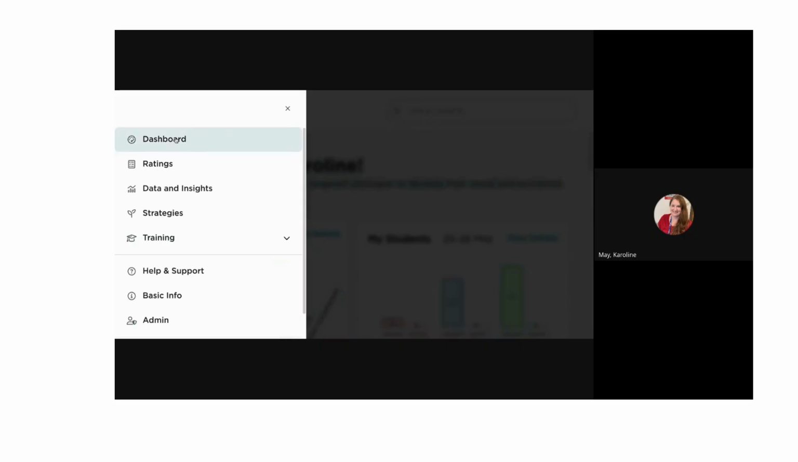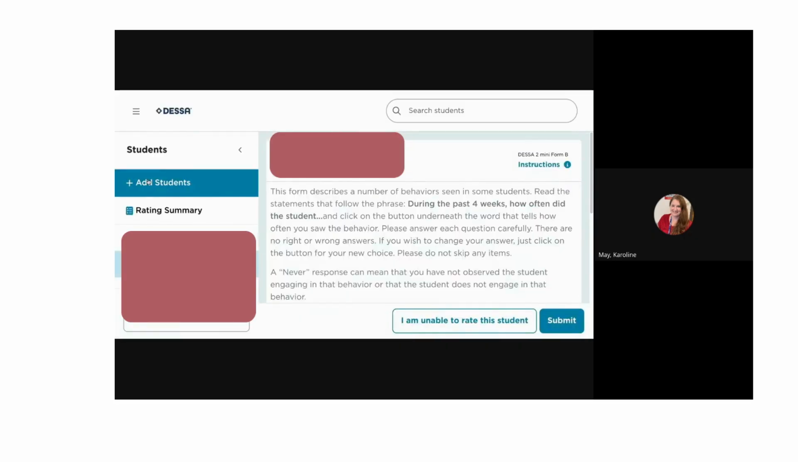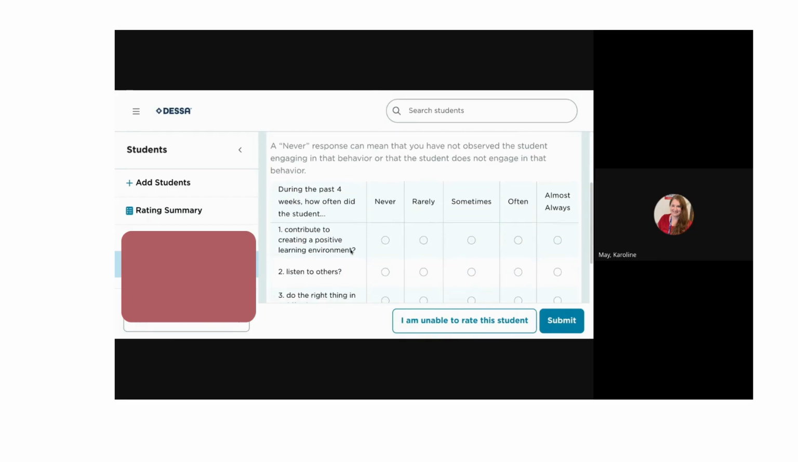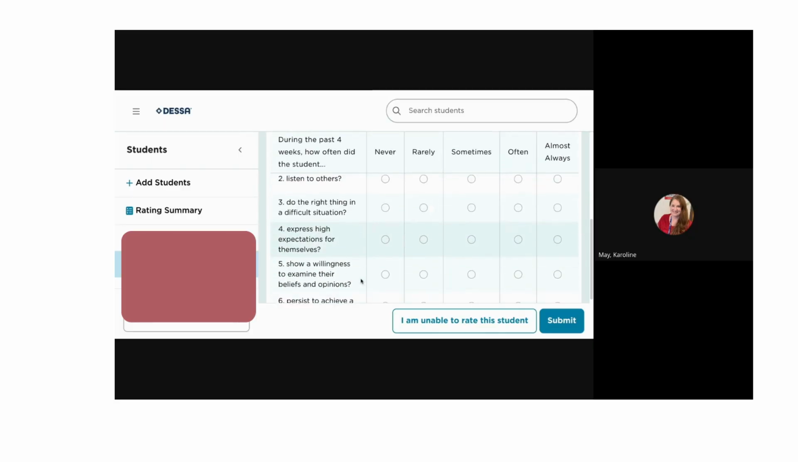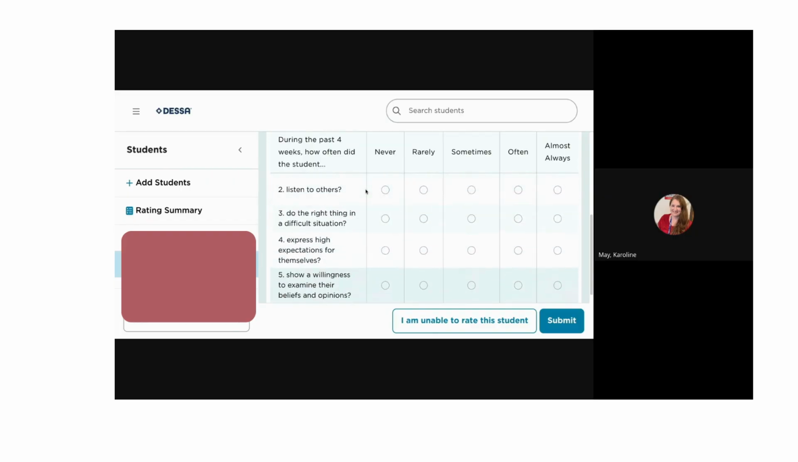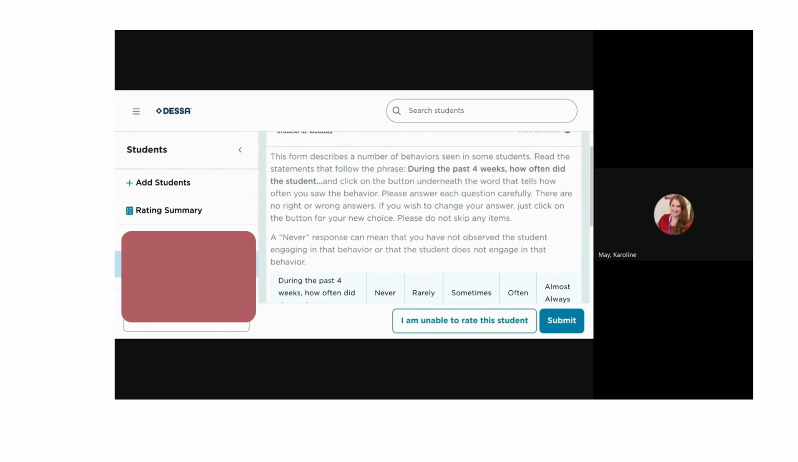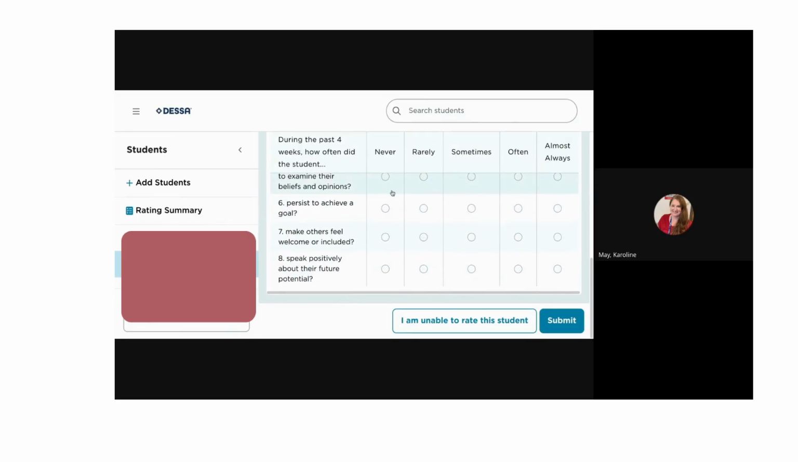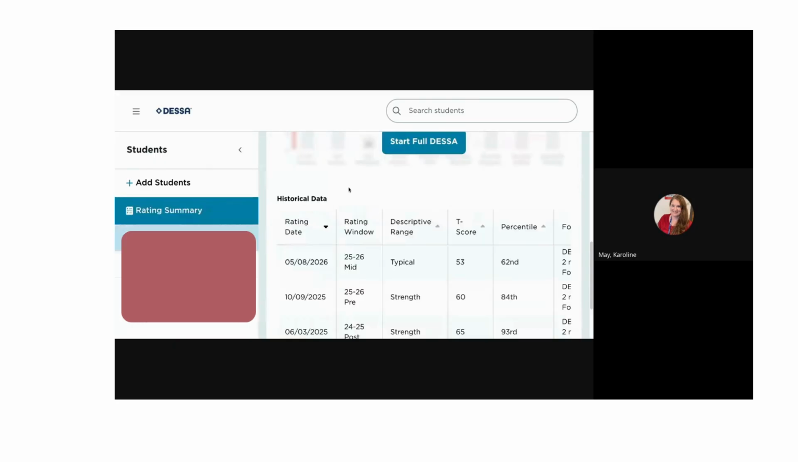So what I mean by that is if you go to ratings and you have your students and you complete the Mini, which is 8 questions, and you hit submit, if the student does not score in red or below a T-score of 40, you won't be prompted. But if the student does score below, you're automatically prompted and the full DESSA shows up. However, you can do the full DESSA on any student